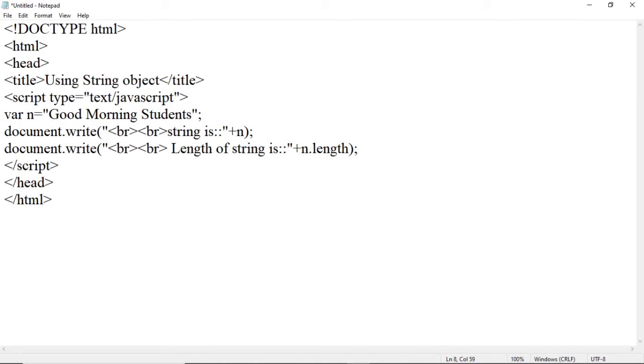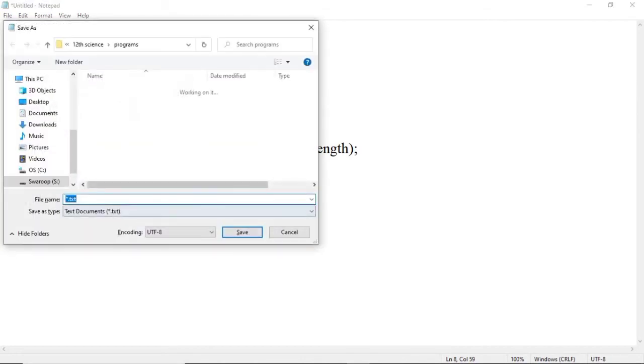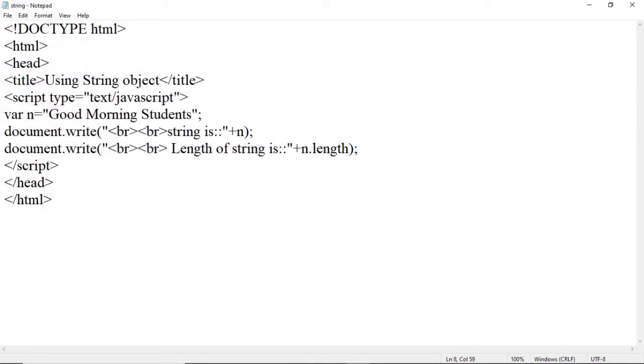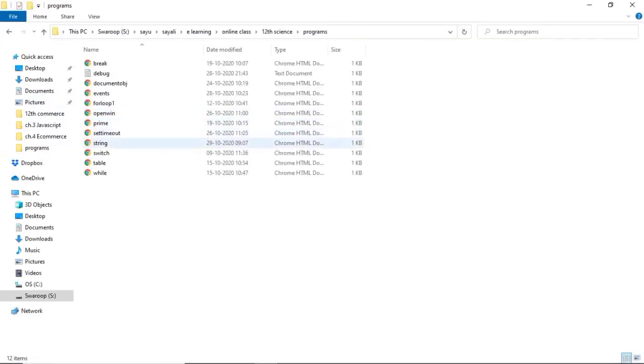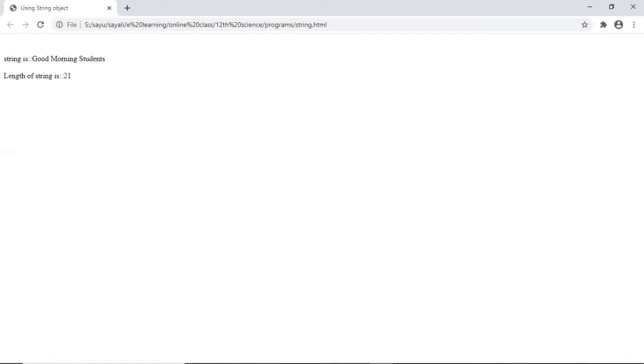So let us save this program. Suppose string.html. Now open the programs folder and run that file. String is good morning students. Length of string is 21.